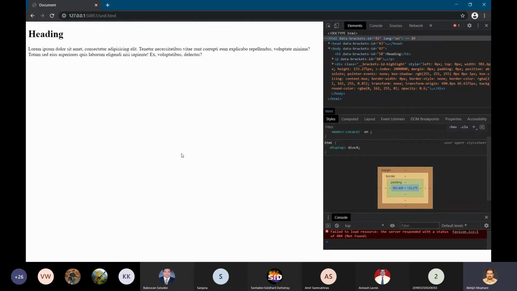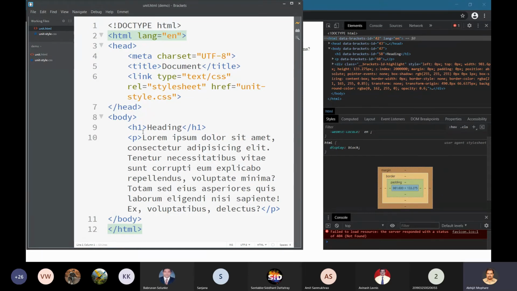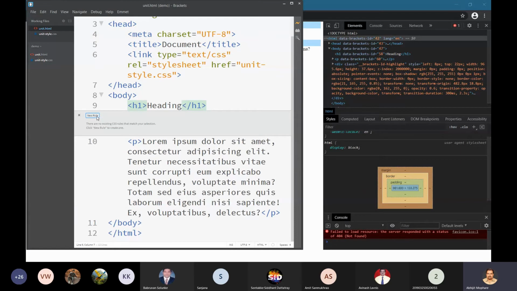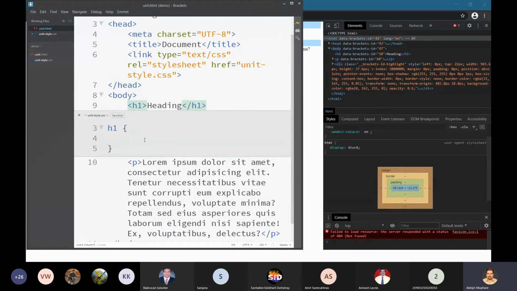Let us understand these properties one by one. I will open the CSS and create a new rule for this h1 tag.